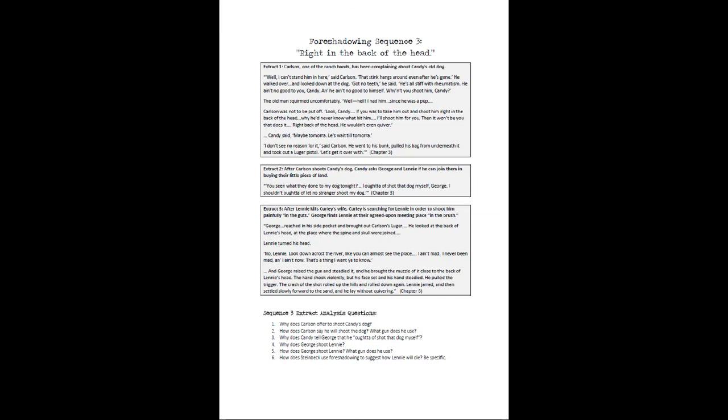That's from chapter 3. The second extract is also from chapter 3, later on in the chapter. After Carlson shoots Candy's dog, Candy asks George and Lenny if he can join them in buying their little piece